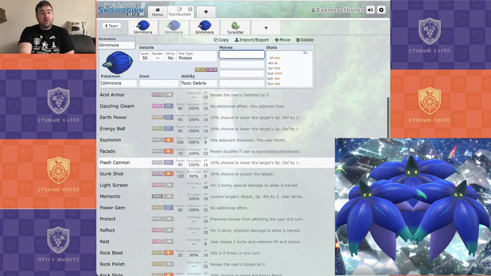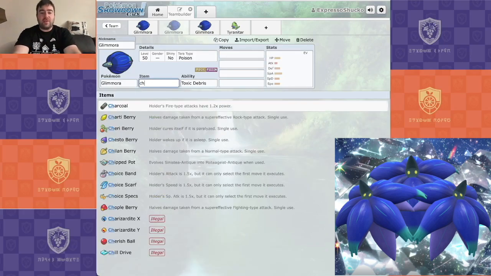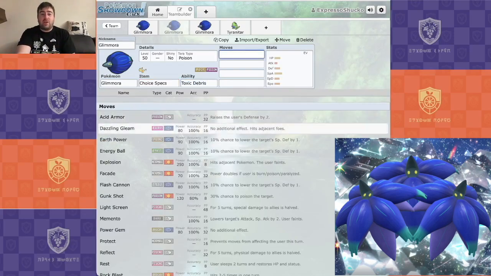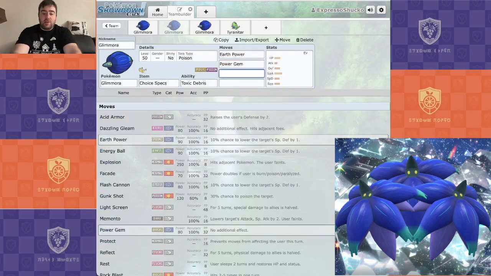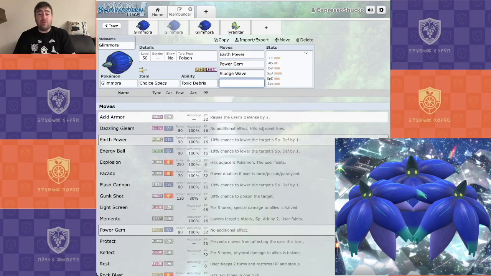The other thing you could do too, that I was thinking, was maybe Choice Specs or Choice Scarf, like you can just grab really good coverage. You can go Earth Power, you can go Power Gem, and Sludge Bomb or Sludge Wave. Like I said about rounding out the type coverage, especially where Sludge Wave is a spread move, and if you